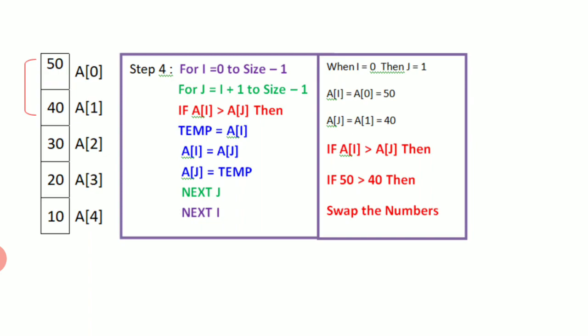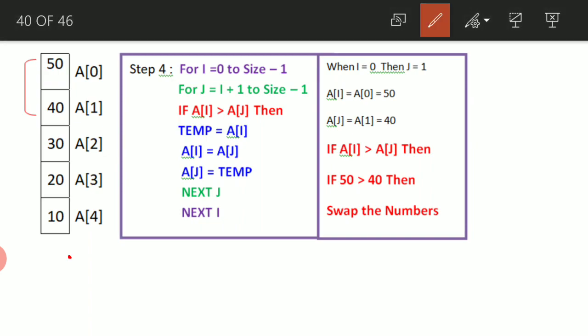First you can observe here, we have an array. Initially what we have inputted is completely in descending order: 50, 40, 30, 20, 10. And you have to observe where they are placed: A of 0, A of 1, A of 2, A of 3, A of 4. What is A of 0 value? It is 50. What is A of 1 value? It is 40. Okay, we'll come back to our algorithm.